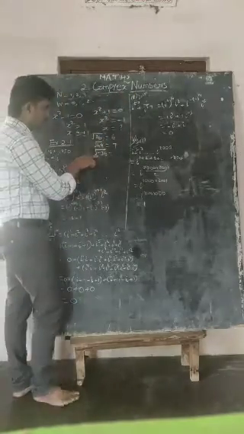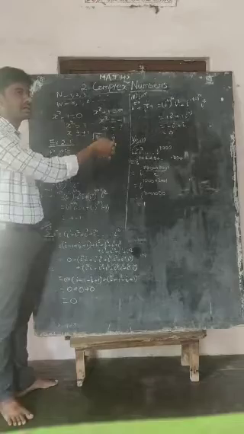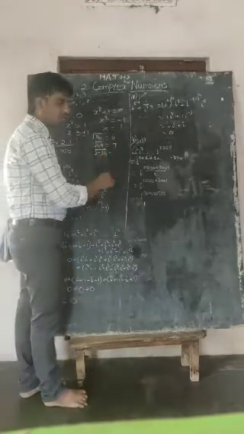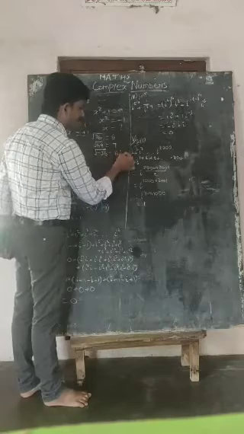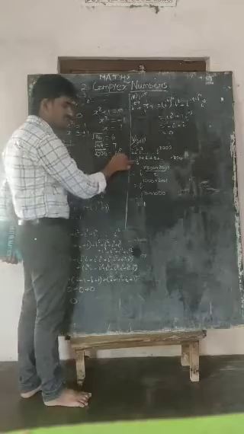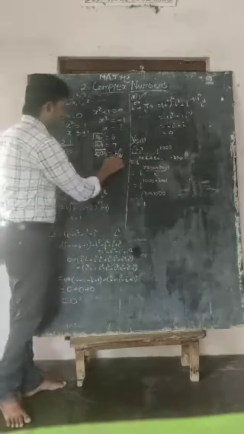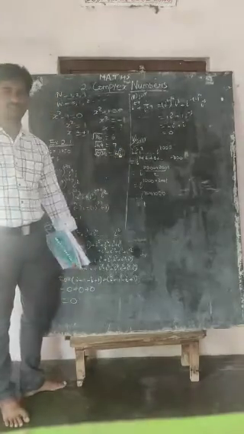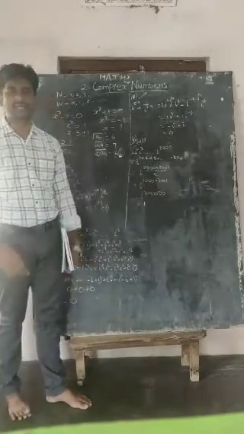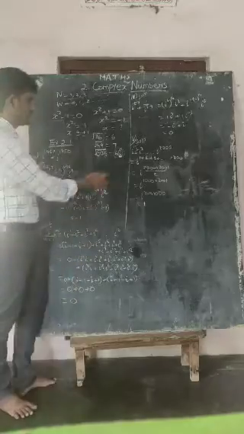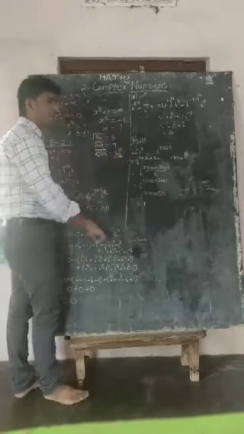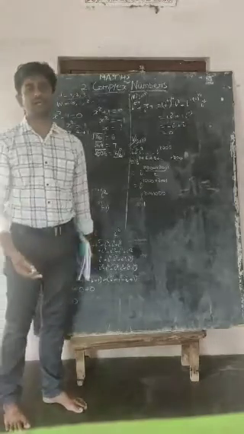Wherever minus values come in a square root, that is where complex numbers arise. So how should we represent these numbers? It will be represented like 6i. The square root of a negative symbol is represented as i. These kinds of numbers are called imaginary numbers. Imaginary means imagination. We create a number ourselves, and that number is called an imaginary number. So when a negative value comes in a square root, that kind of number becomes an imaginary number. This is a complex number.